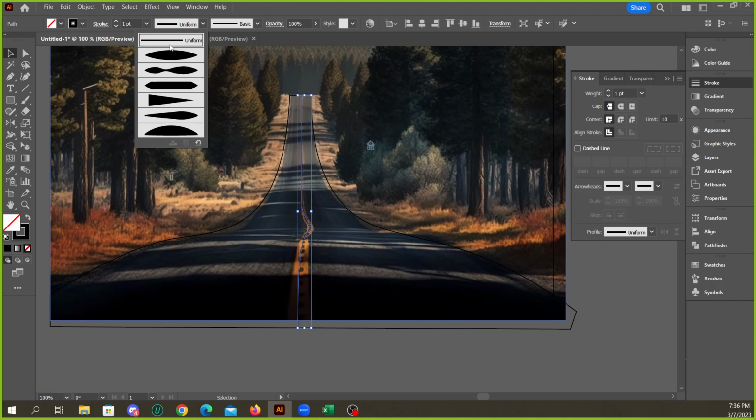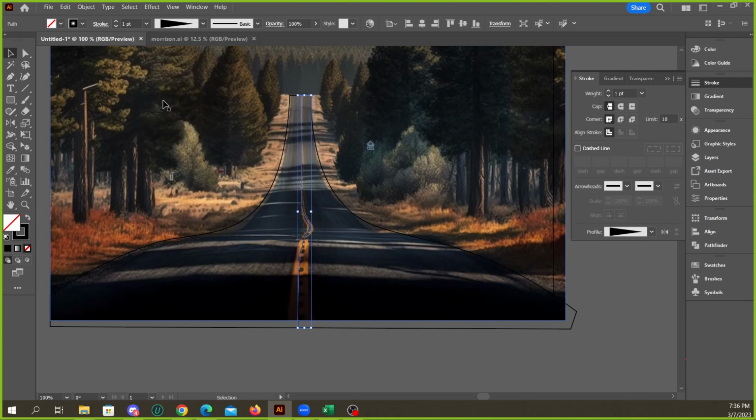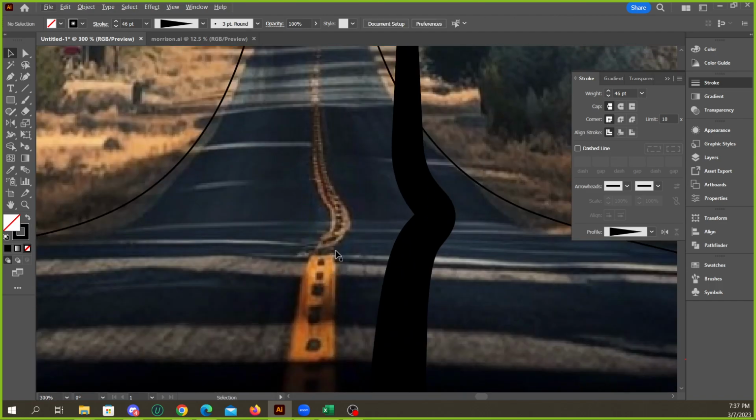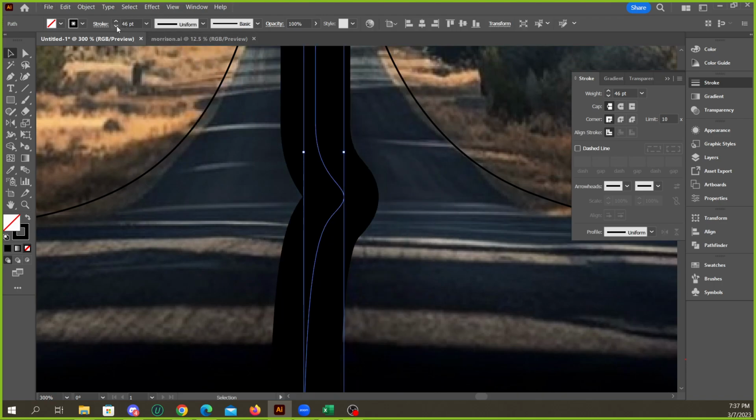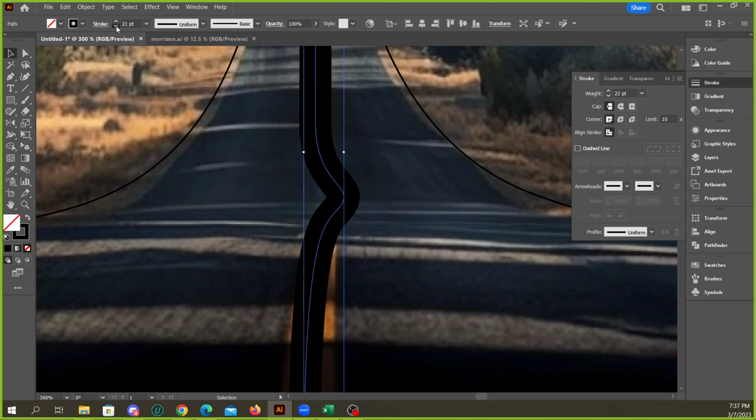And then we could change the stroke width profile, variable width profile to this one, where it starts off thicker and then gets thinner. But that doesn't really follow exactly the thickness of this one, so it would be better to maybe just stick to uniform and use the width tool